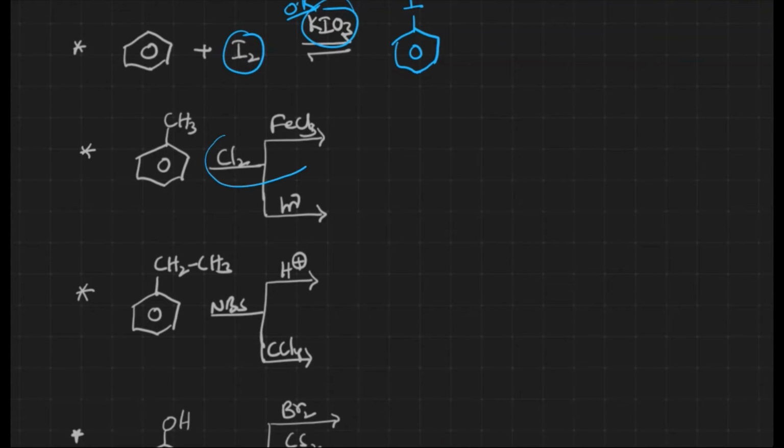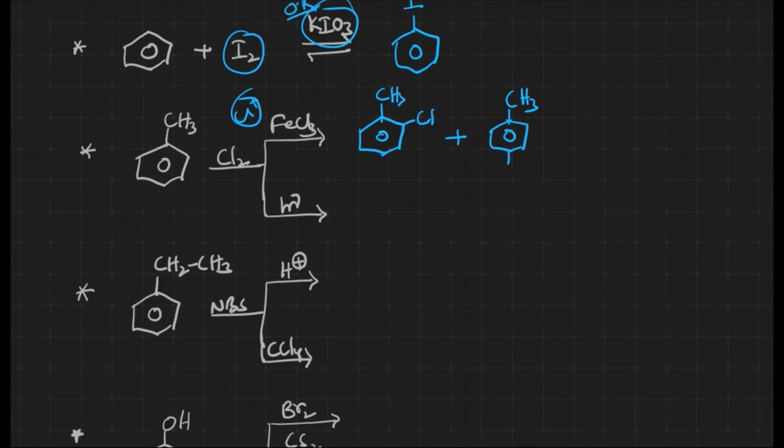Now let us take a halogen with a Lewis acid. Generation of the chloronium ion takes place. Generally I will get two kinds of products, ortho substituted and para substituted: CH3 with chlorine at the ortho position, and CH3 with chlorine at the para position. But it is a symmetrical reagent. In the presence of light or heat, generation of free radicals takes place.